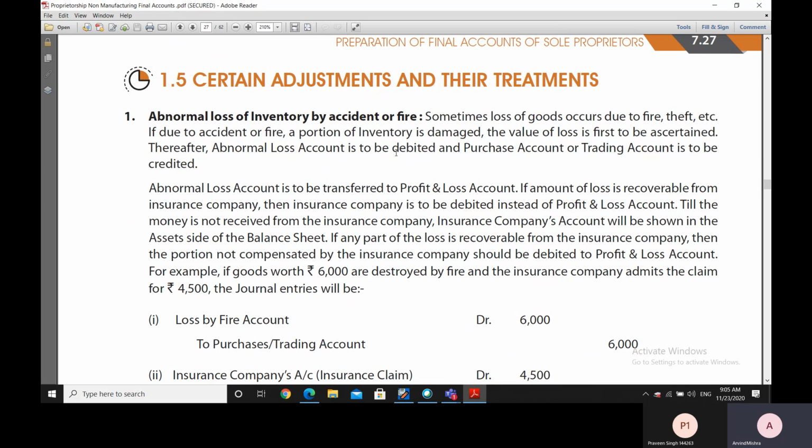So if the loss is due to an accident or fire, we know that a portion of our inventory gets damaged. The first thing we have to do is ascertain the value of the loss that has been incurred. And once we have found out the loss value, we debit the abnormal loss account